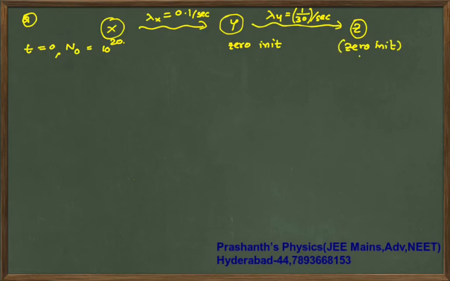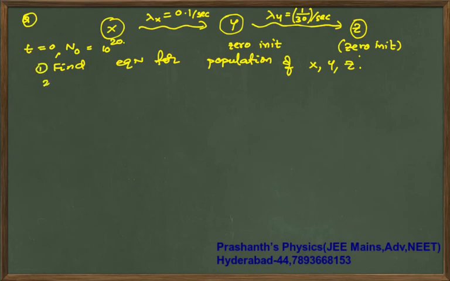The question is, find equations for the population of X, Y, Z, and set equations. Also find the population of Y